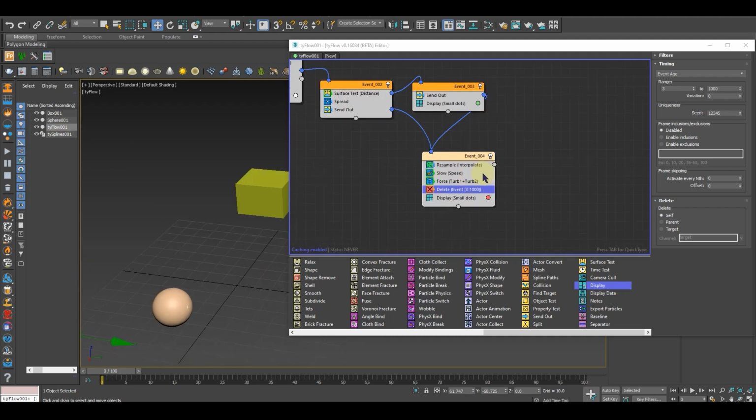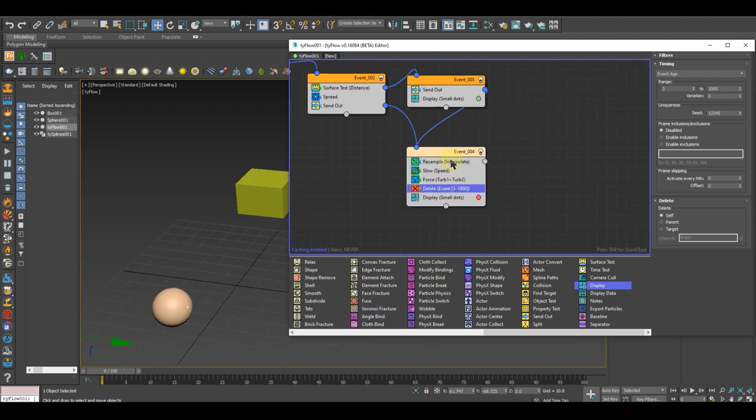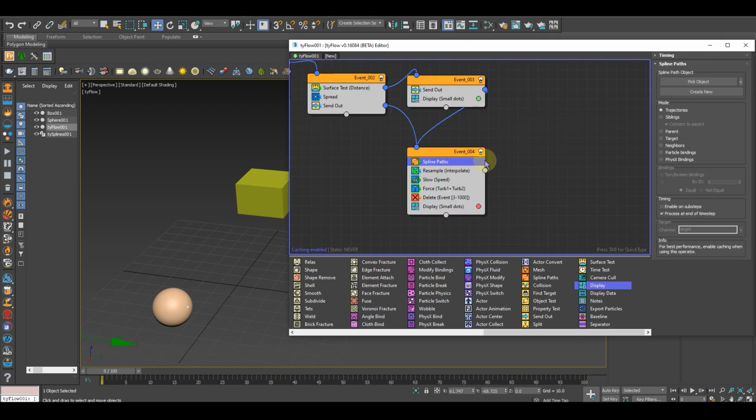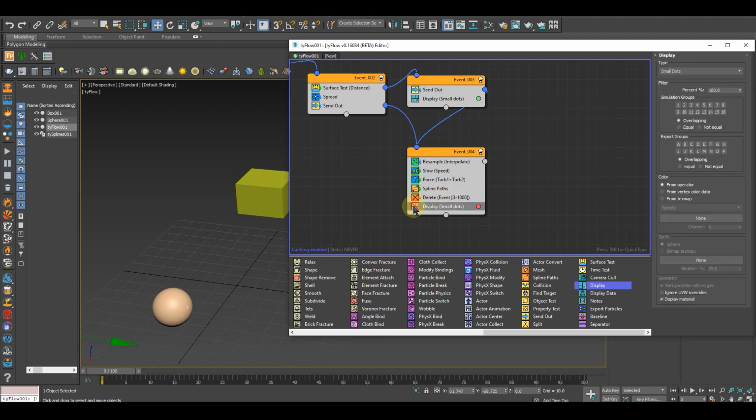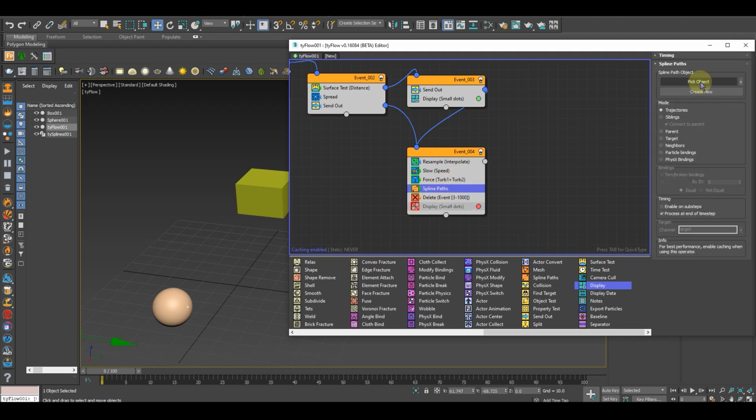So at this point, just add a spline path and just put it down and just remove this display, or you can just simply click on the icon and it will get disabled. And in the spline path, just click on pick object, go in the tie spline, and